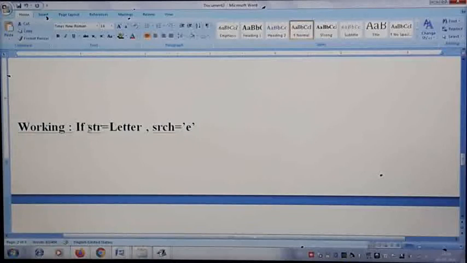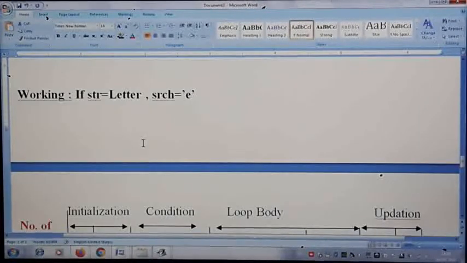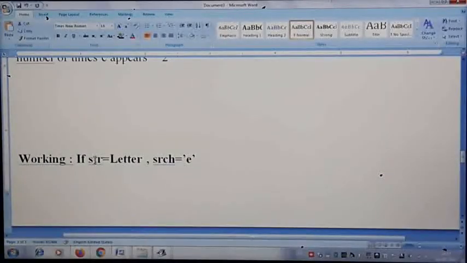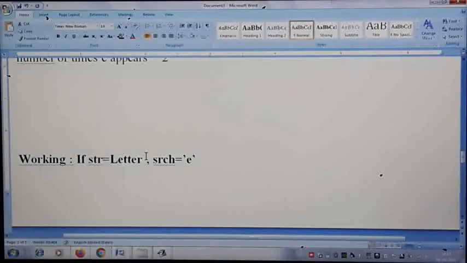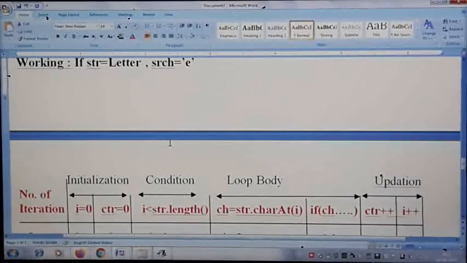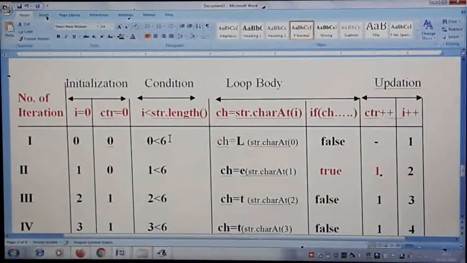If str is letter and the search letter is E, how exactly is the loop repeated? Here is the evaluation of the above program, step by step. Since you all are beginners for the string variety, that is the reason I have taken one iteration. So if you take str with the initial value letter, and search letter E, how it is working is what we are trying to understand now.